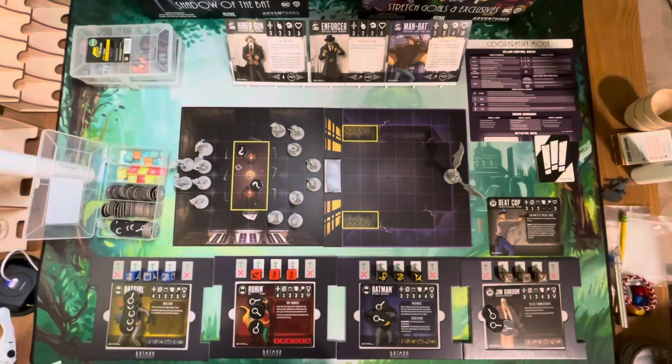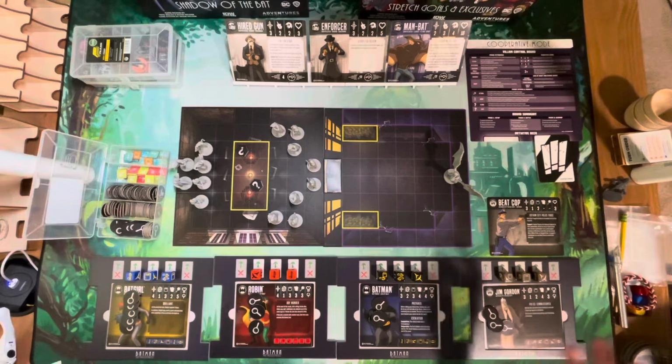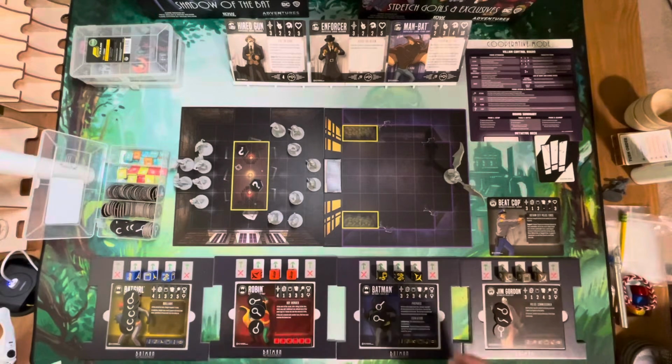So now, all of a sudden, what looked like a limited role for Jim Gordon, where he was basically going to be fighting away from the back and not be able to hit anybody, he's got some movement. Robin, who had very little attacks, now got a decent amount of attack. And so to represent,